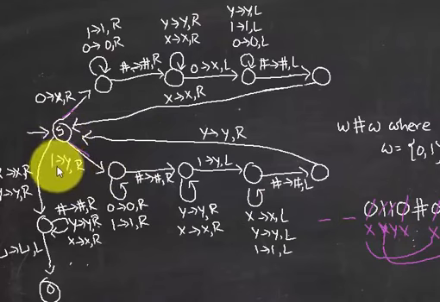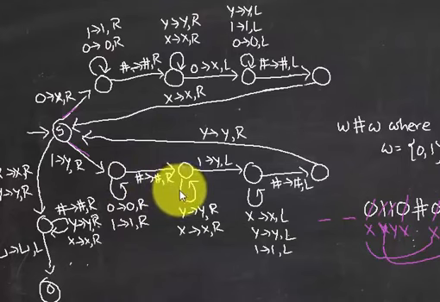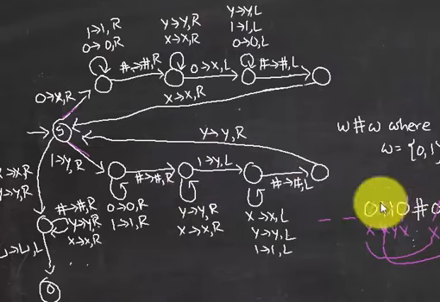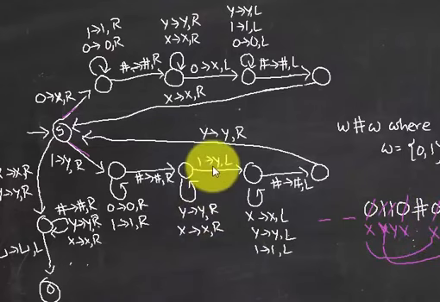So we convert 1 to y, and then we ignore the zeros and ones, then we ignore the hashtag even, and after converting this to y, we go to the right, we still encounter x, so we ignore the x, and then we go to the right, and then we get this 1, so we convert the 1 to y, and then we move to the left, so we keep ignoring x's, we keep ignoring y's, we keep ignoring ones,